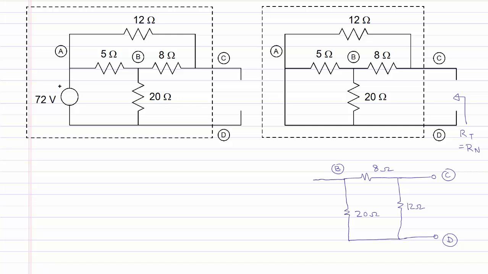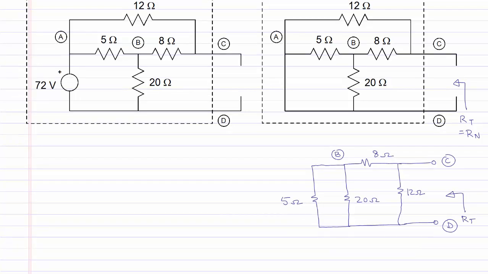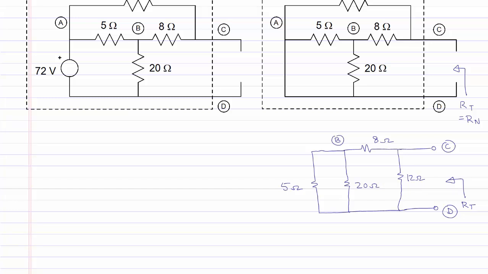And finally, the 5 ohm resistor is also connected between nodes B and D, and we will draw it in parallel to the 20 ohm resistance. And we have to calculate the resistance looking in from the terminals C and D. Looking at this redrawn circuit, we can see that there's a 5 ohm resistor in parallel with the 20 ohm